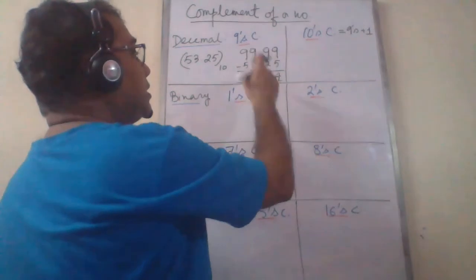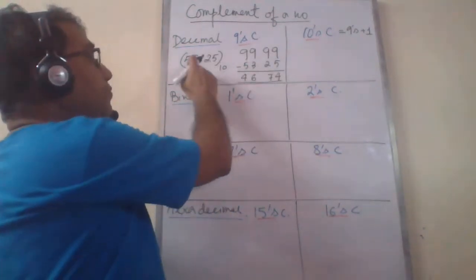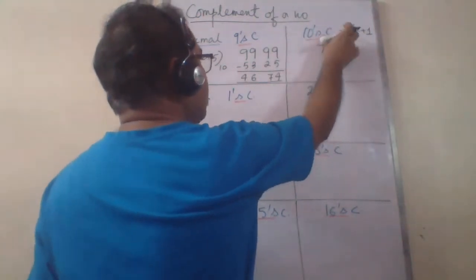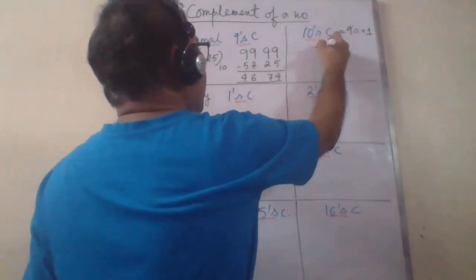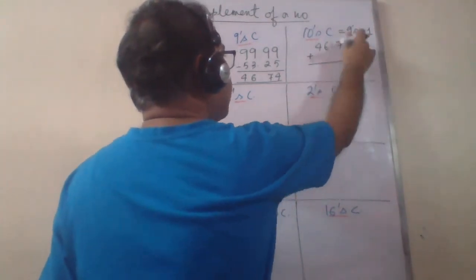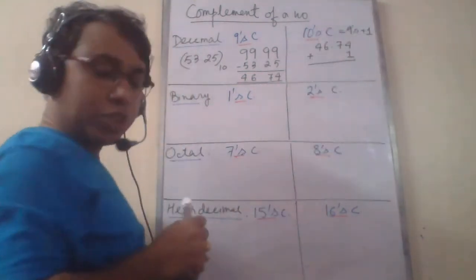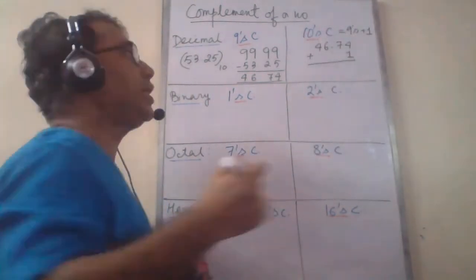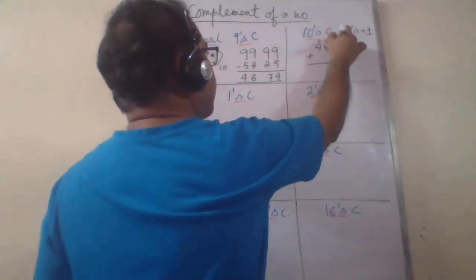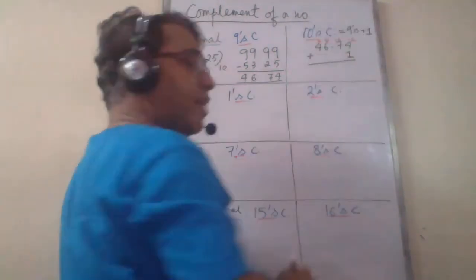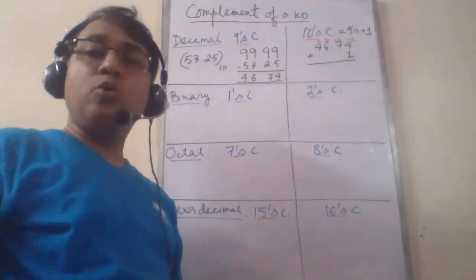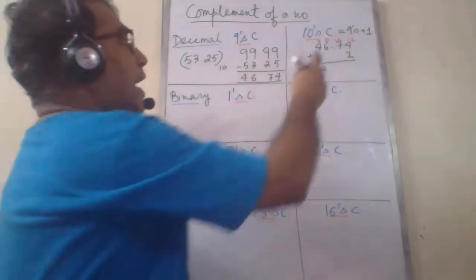So we got the 9's complement of 53.25 as 46.74. So we will write this 46.74 plus we'll add 1 to this position, because this position has the lowest significance. How? This has a positional value 0, this has a positional value 1, this has positional value minus 1, this has positional value minus 2. So thus 4 has the lowest positional value in the number. So we'll add 1 to this.